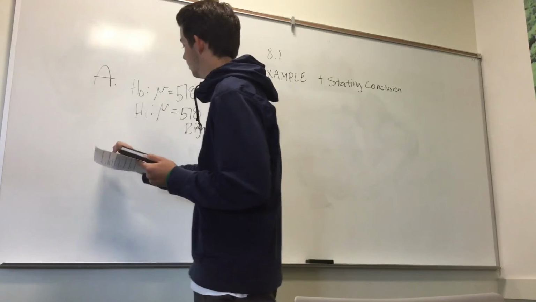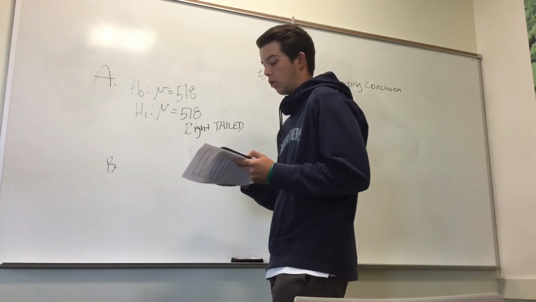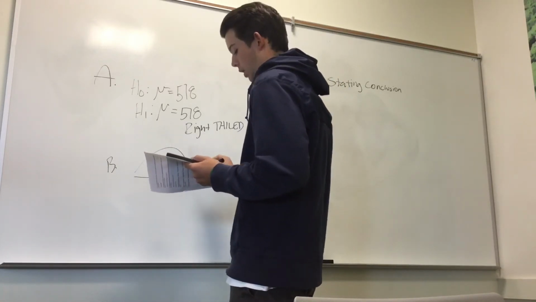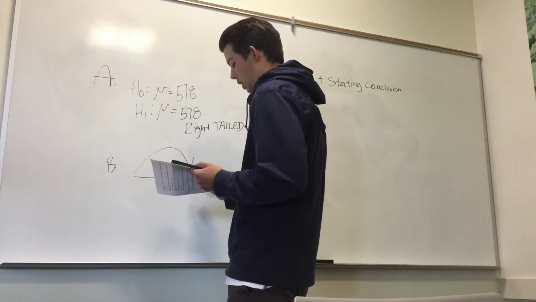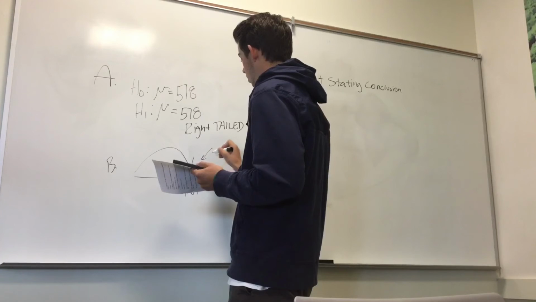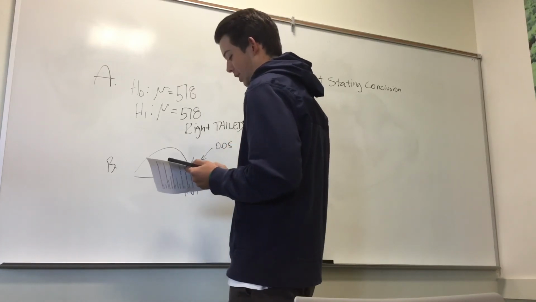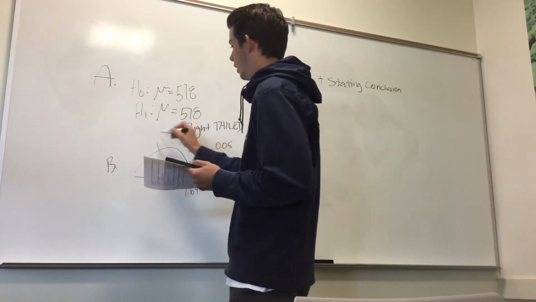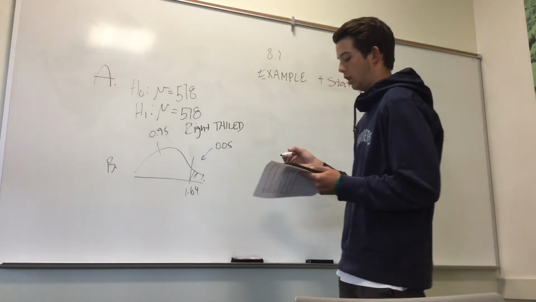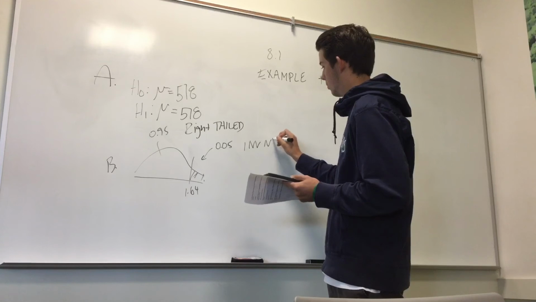And then for B here, we're asked to make a graph on a standard normal curve, so we can do this real quick. For here, our critical value would be 1.64, and our alpha will be right here, 0.05. Shade this region, and of course, since 0.05, this would also be 0.95 the area. And you can also determine the critical value here through inverse norm,